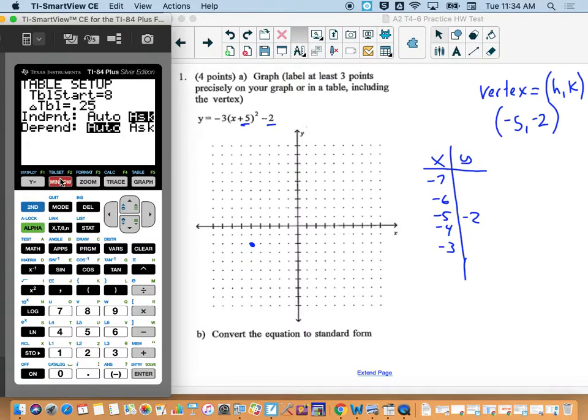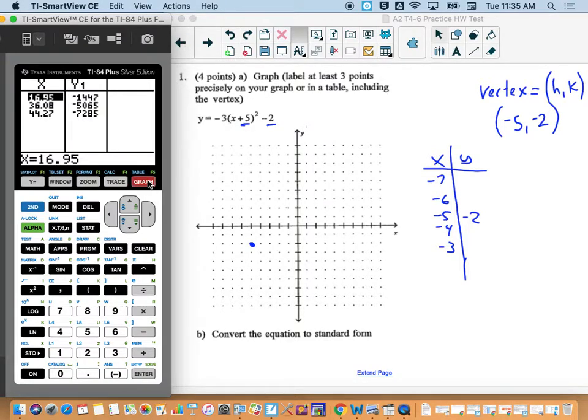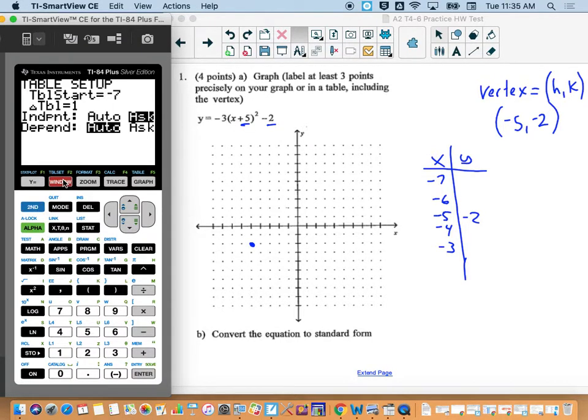And then when you click enter on that, it's going to ask you where you want the table to start. So you should start somewhere around the vertex like I did. So I'm going to choose -7, and my change in table, I'm going to make 1. So then when you click OK,